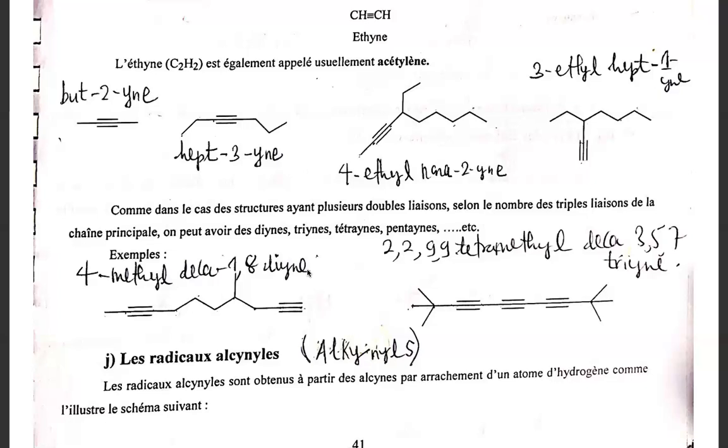Then rule number 5 states that when you have 2 or more triple or double liaisons, we use the multiplication factor: di, tri, tetra, penta, etc. Here we have 2 repeating, so it will be a diyne. So we call this chain principal deca